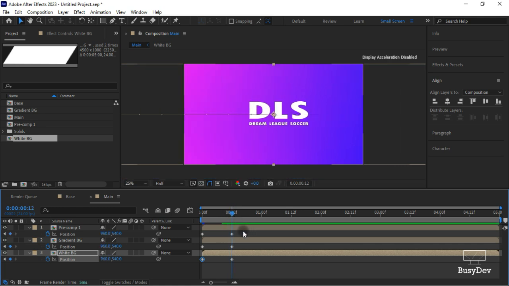we're going to select all these layers. We want it to remain on this screen. So you're going to copy this keyframe and paste it. Control C, Control V, and then we paste all these keyframes. After doing that, you're going to move some keyframes forward. Press shift and page down on your keyboard,